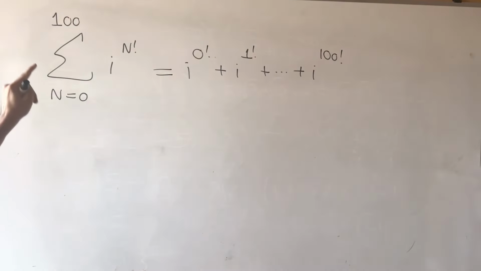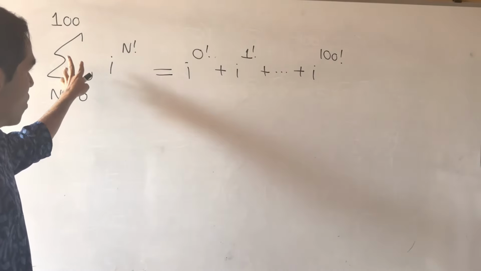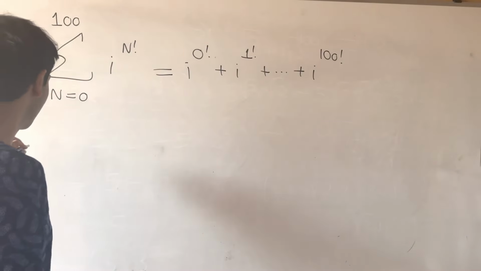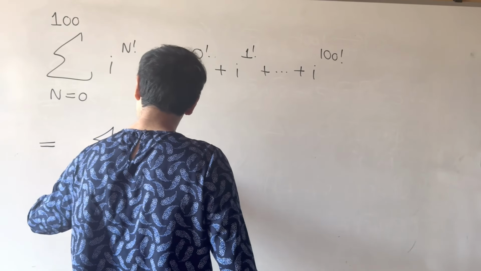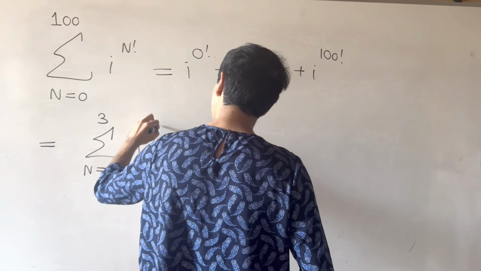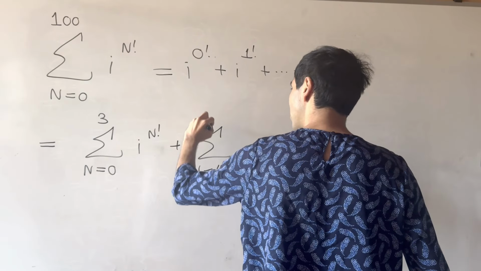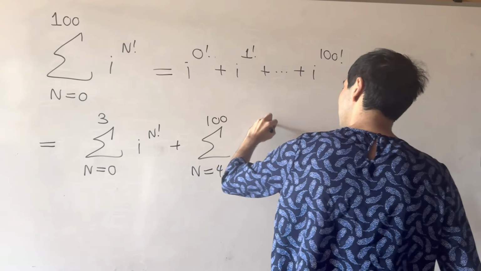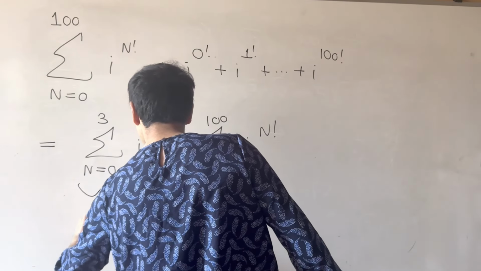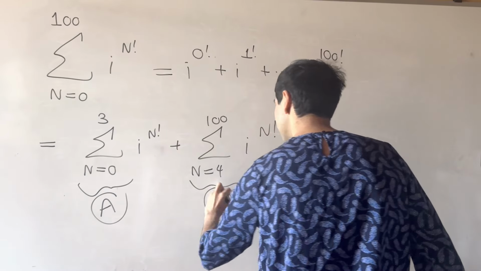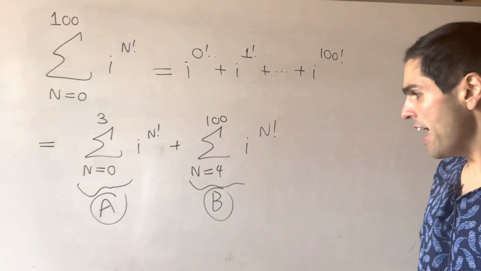So the trick here, turns out, is to separate it into powers up to 3 and then powers starting from 4. So that's the same thing as the sum from n from 0 to 3 of i to the n factorial plus the sum from n from 4 to 100 of i to the n factorial. So let's call both things A and B. And then we just need to calculate the sums separately. So A,